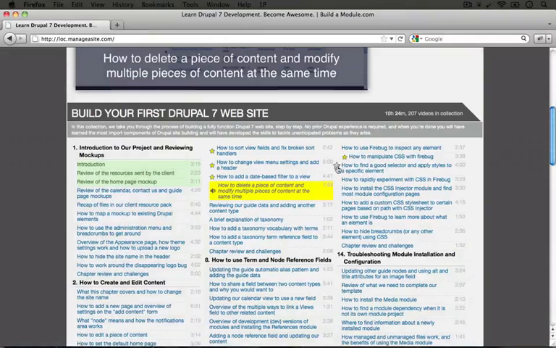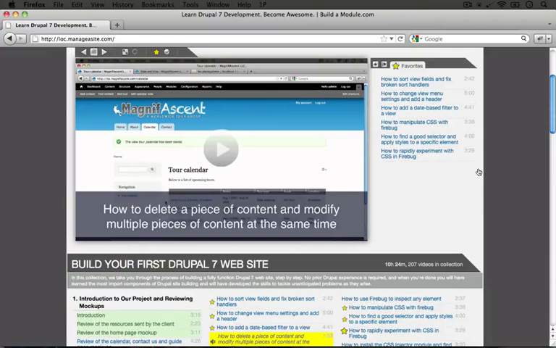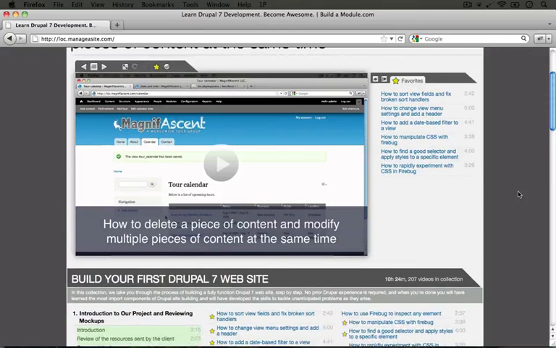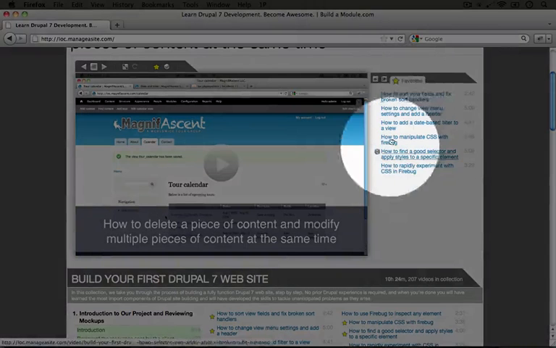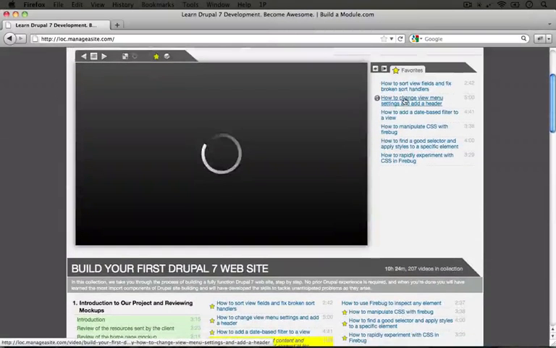Here I'm adding a couple different items as favorites. You can favorite videos that you like in particular and that you might find useful later on, but you can also use favorites to create a playlist to go through. So for example, if I had just favorited all of the videos that I want to watch for the next hour,